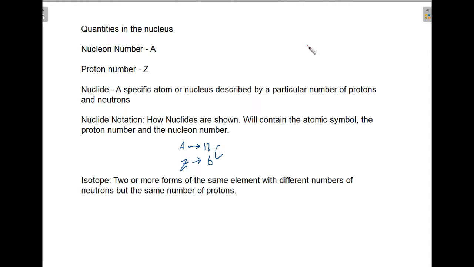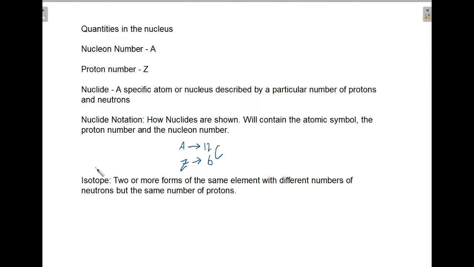Quantities in the nucleus, we have the nucleon number, which is sometimes denoted as A, and the proton number Z. So other definitions, a nuclide is a specific atom or nucleus described by a particular number of protons and neutrons. Nuclide notation is how a nuclide is shown in writing. It will contain the atomic symbol, the proton number, and the nucleon number. So here's the atomic symbol, here's the proton number, and here's the nucleon number. So you could call that carbon 12 if you wanted to make it nice and simple, because all carbon will